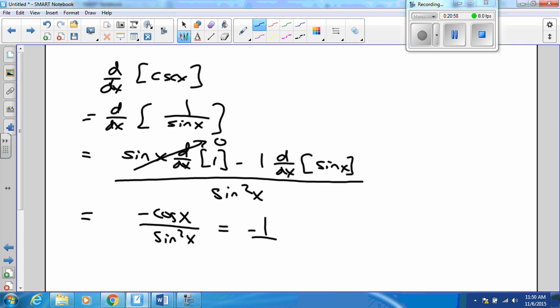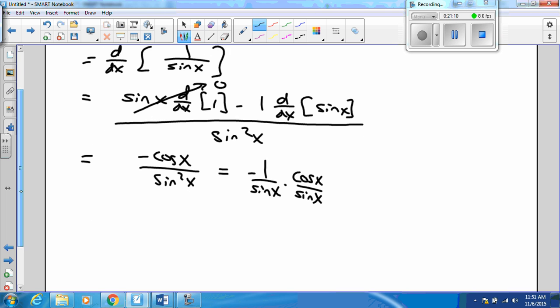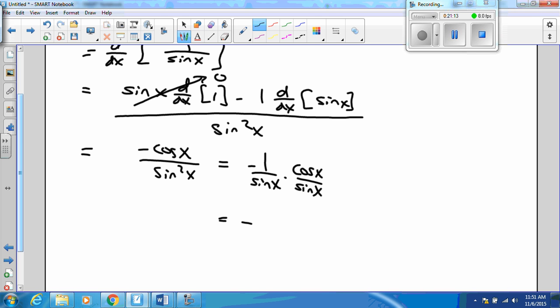And once again, we're going to rewrite as -1 over sine x times cosine x over sine x. Mr. Butler, the other Mr. Butler, tell me what -1 over sine x could be written as. Negative, one of those cosecant, yes, cosecant. Cosine. Okay. And cosine over sine? That is cotangent. And so we now have a complete set of derivative rules for our 6 trig functions, and it wasn't too terribly painful.